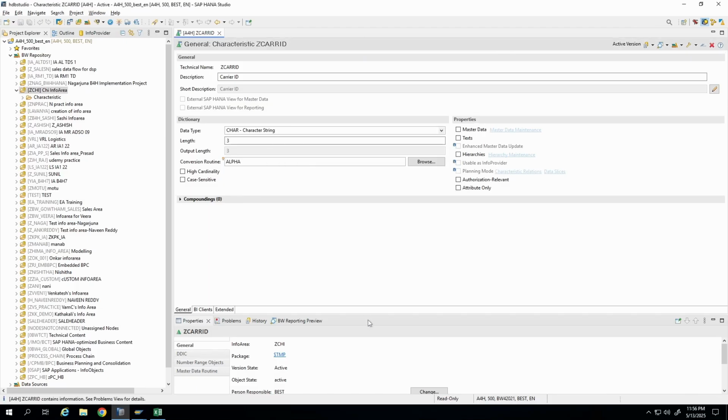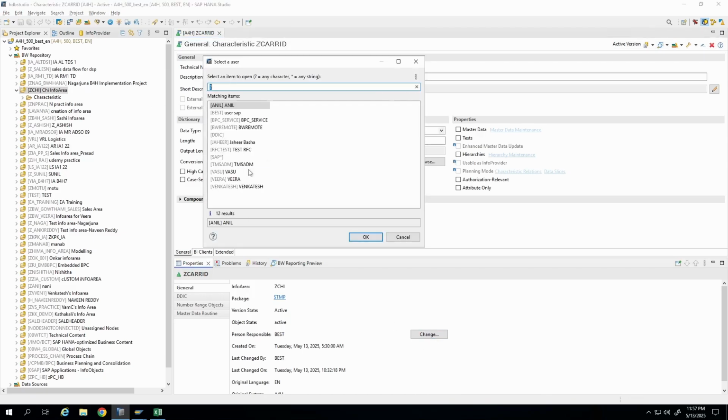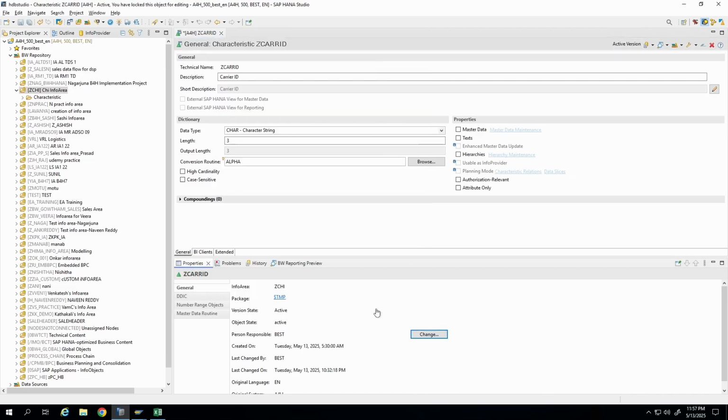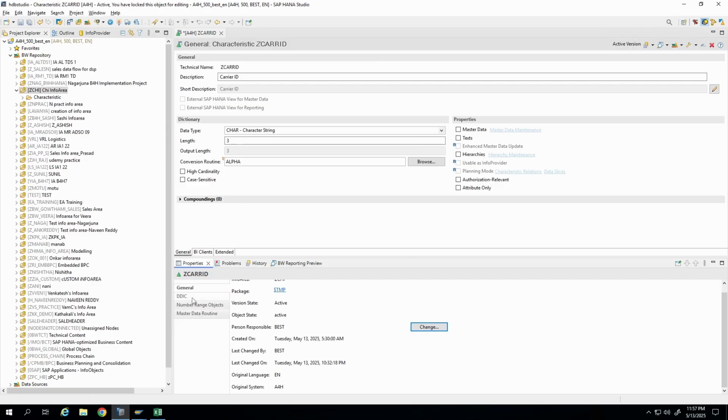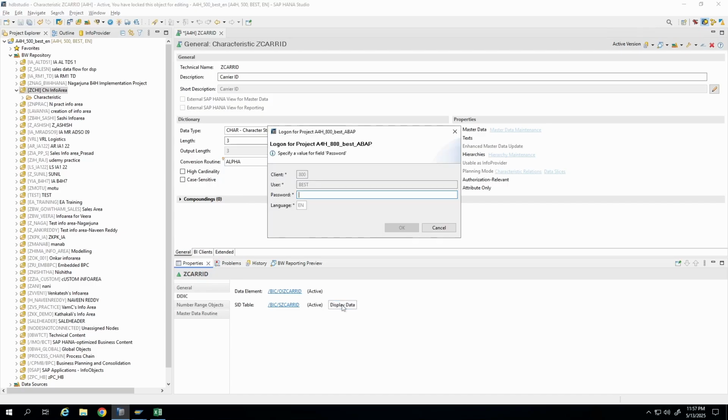Okay, so once you activate, if you go to the properties tab, you have all the details: when it was created, the person responsible, you can change, last changed by, all those things, the DDIC, see the data element that is created, and the SID table. Okay, the SID table,